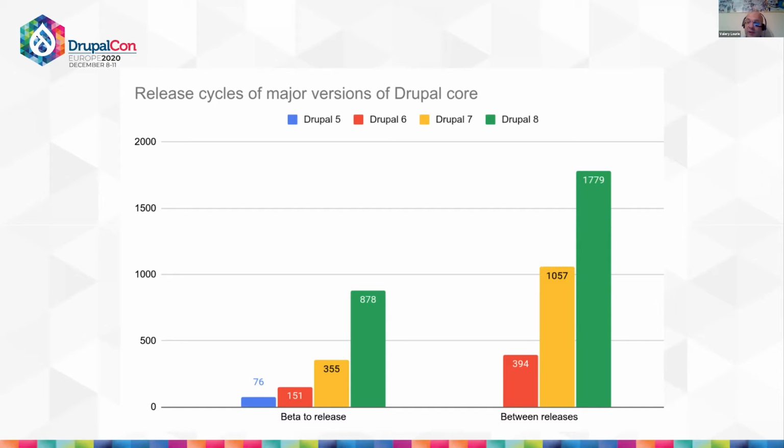5 years passed since the release of Drupal 7. And 5 years, if you don't work with a stable mature technology like PHP, that's an epoch. I don't know how many JavaScript frameworks have passed in these 5 years. There is a saying that if you're just a developer, you need to learn everything from scratch every year. If you're a JavaScript developer, then you must do that every 6 months. But anyway,